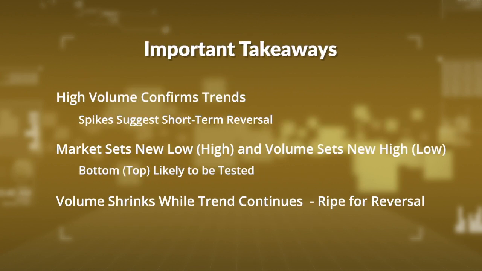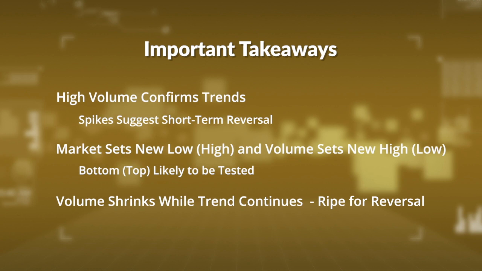So here are the important takeaways that I want to cover as far as volume, in a sense of what it is. We'll talk a little bit more, but high volume is what confirms a trend. So the spikes suggest a short-term trend reversal. You might get a quick pullback on a spike to the upside. So that's what we're talking about, a very short-term reversal. It doesn't mean the trend's going to completely end unless you start seeing that high volume continuing as prices start going lower. Then again, it feeds on itself.